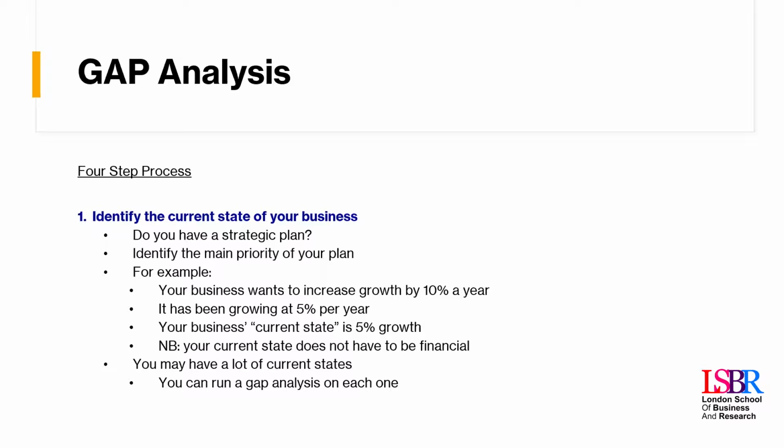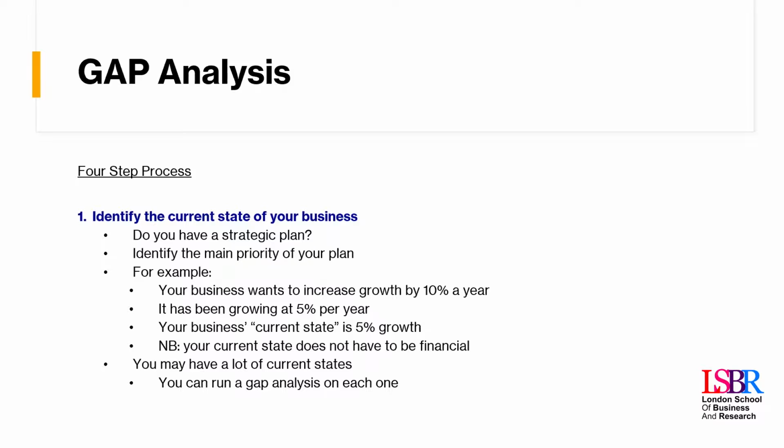You may also have a lot of current states. So what do you mean by that? Well, for example, you might have the best customer service, i.e., people like dealing with your staff. People feel as if your staff are good at resolving the problem, so they might rank you number one for customer service. However, the quality of your products might not be very good. I mean, you might be getting a lot of returns, you might be getting a lot of products that are failing, so you might be ranked 7th or 8th for product quality, but you might be ranked first for customer service. So you can have lots of different rankings when it comes to gap analysis, okay? There's lots of different current states. Some things you might already be good at, you want to maintain. Other things you might not be doing very well at that you want to improve.